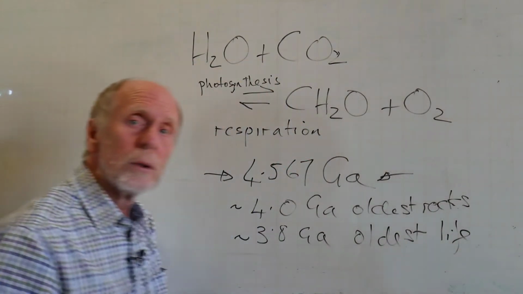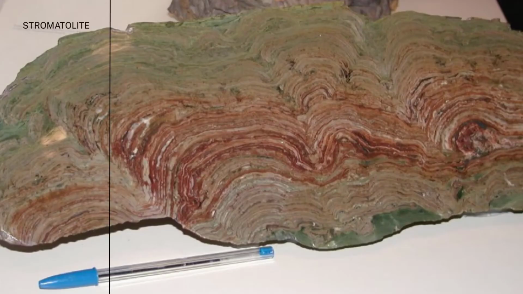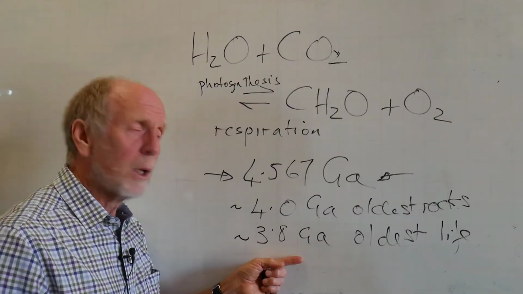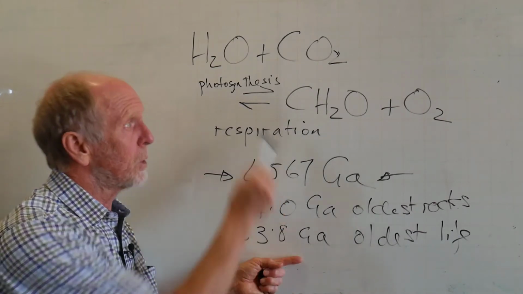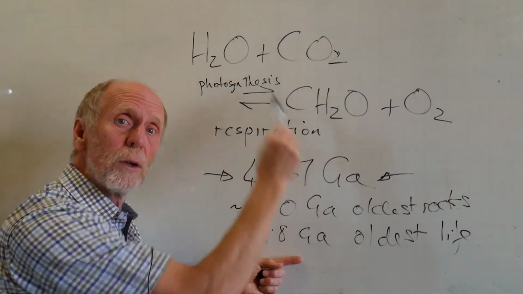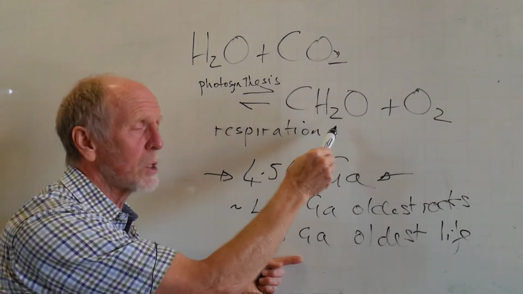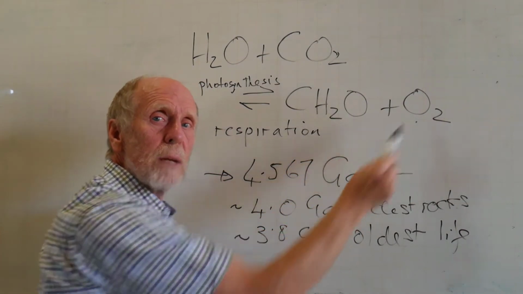And it's algal. The kind of life evidence we have is in the form of stromatolites, the sort of things you can see growing right now in Shark Bay. But that's the oldest life we have. Now this was photosynthetic life, so early on the Earth was doing this, or at least the life on Earth was making oxygen and these sugars and starches. Initially, there wasn't a lot of oxygen in the Earth's atmosphere.